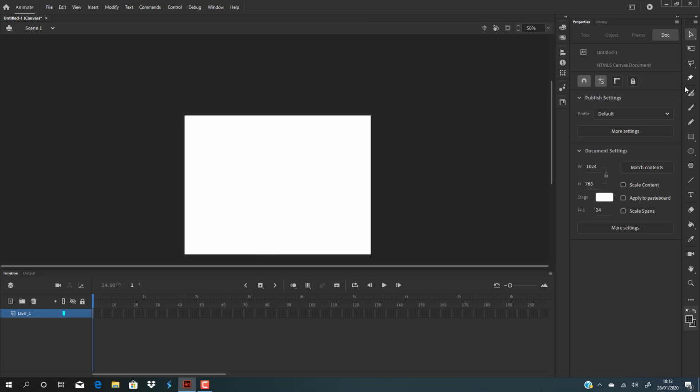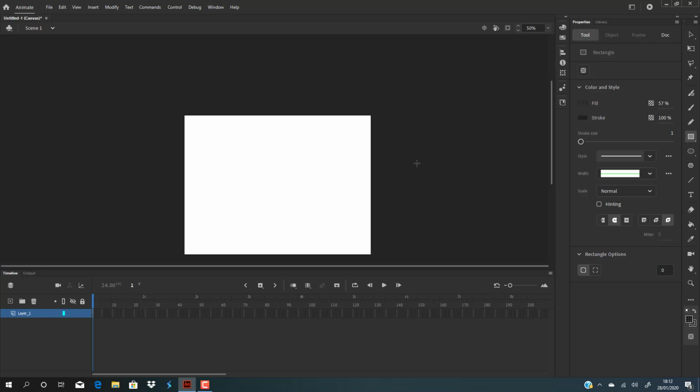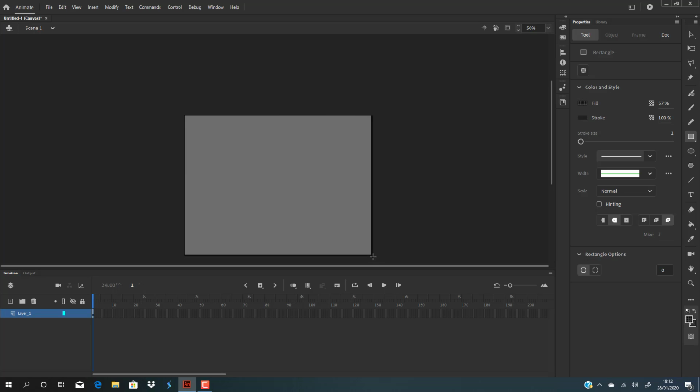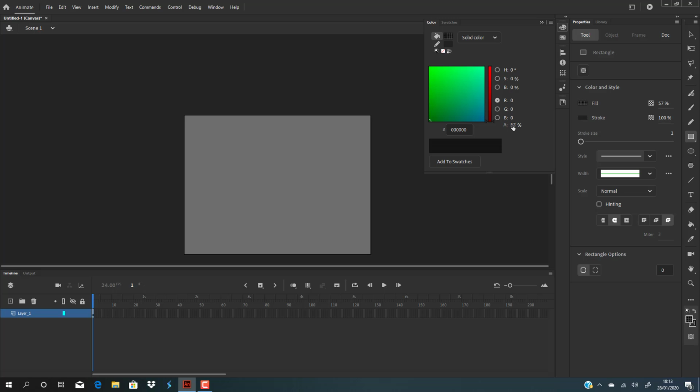And to start off, we're going to grab a rectangle tool. That's R on the keyboard, or just click the square button and just pull out a rectangle like so. Go to the color tablet,